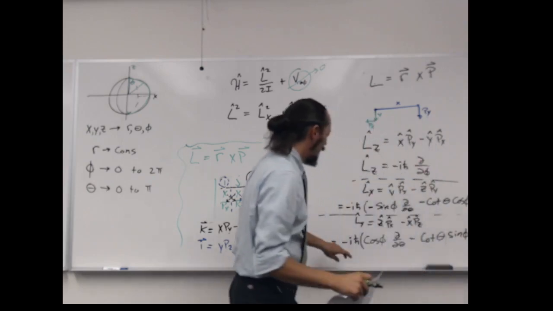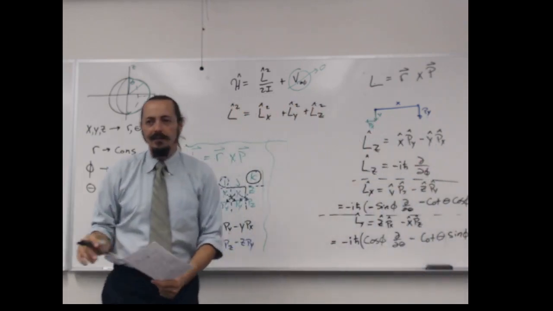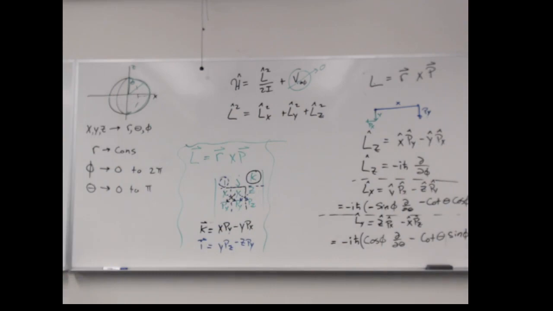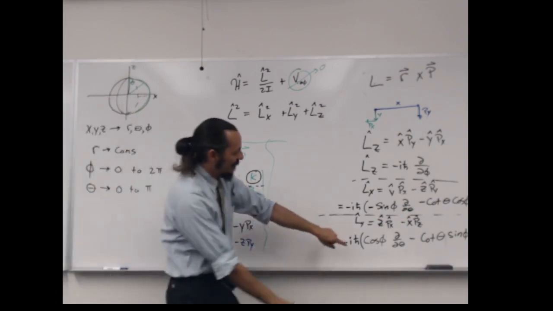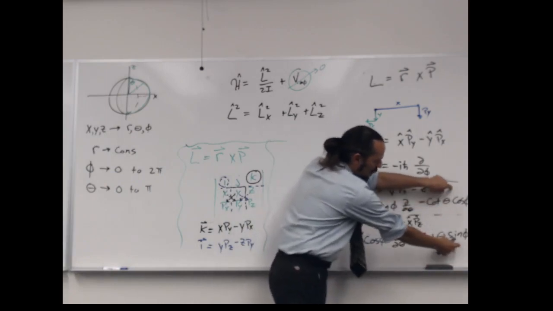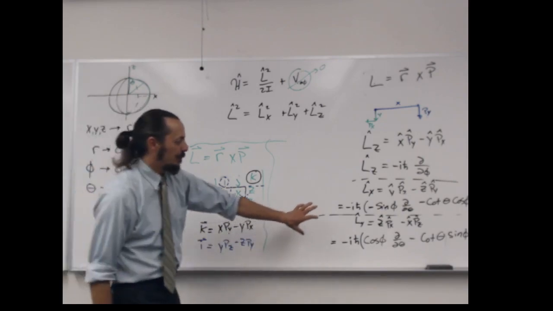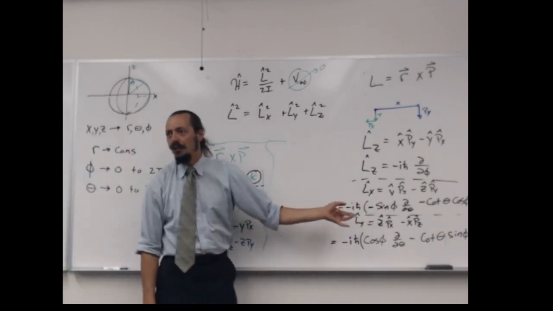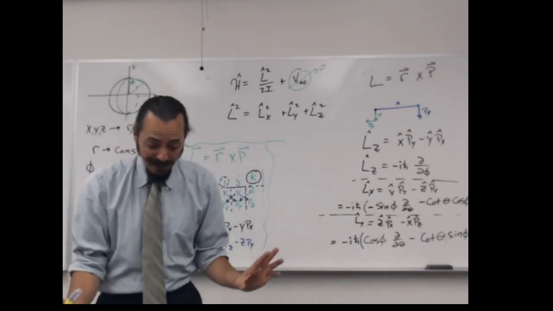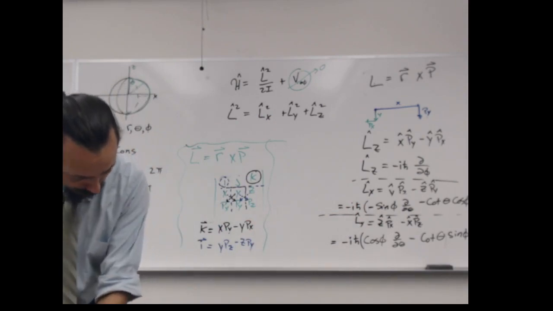We end up with parallels between Lx and Ly, where they're related to each other. If you remember, cosine is the near one over the hypotenuse, sine is the far one over the hypotenuse, so it's like x over h. It turns out these cosine and sine terms relate to whether we're looking at x or y. So when you switch between the two, you switch which direction you're looking at. Now, all of that's fine and dandy. The thing that becomes important,